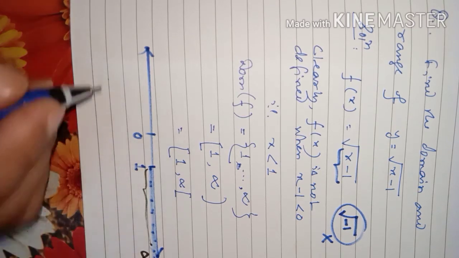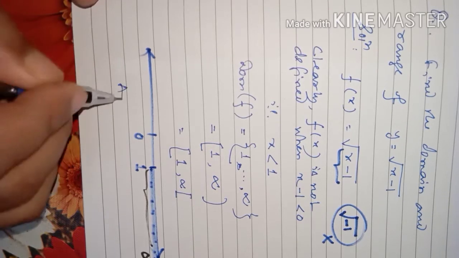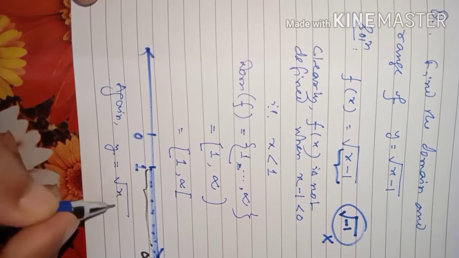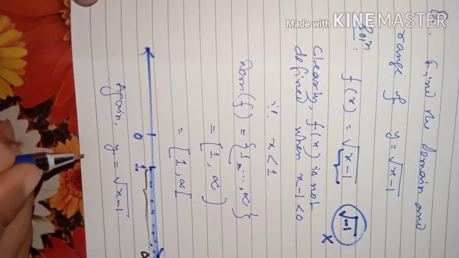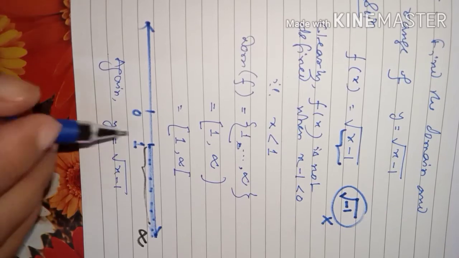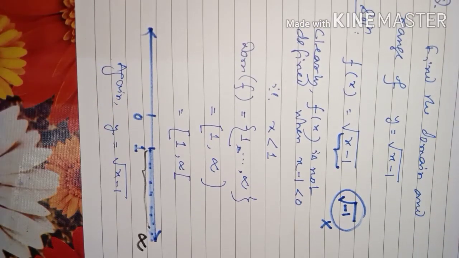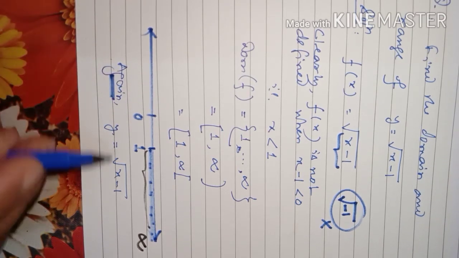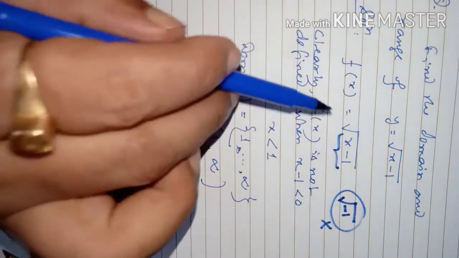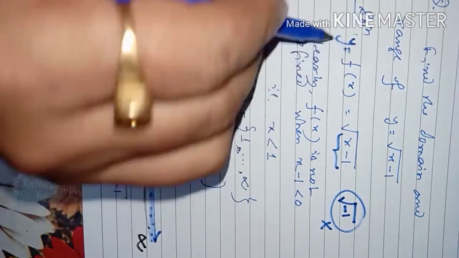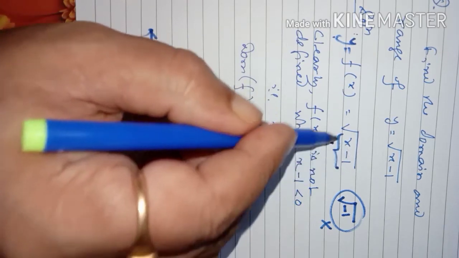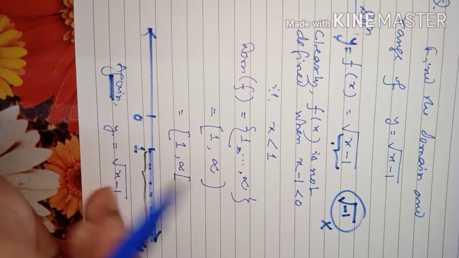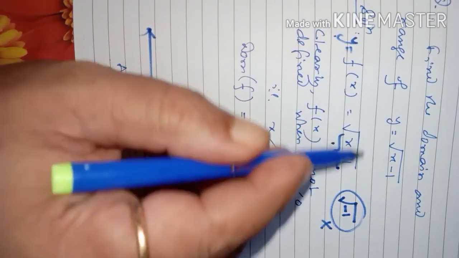Just think here, y is equal to under root x minus 1. When you want the range, students, I am telling you one point. Remember, when you have to find the range, express x in terms of y. When you are finding the domain, y is in terms of x, then you study the inside part. If it is under a square root, you have to study that under-square-root portion.